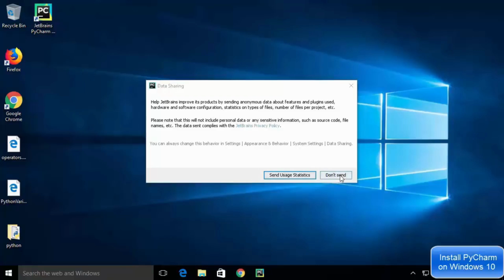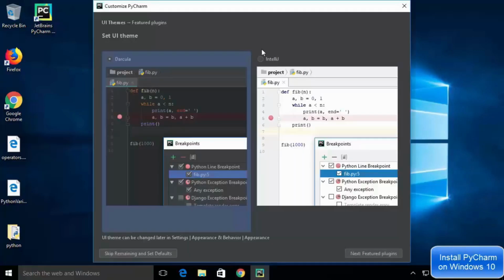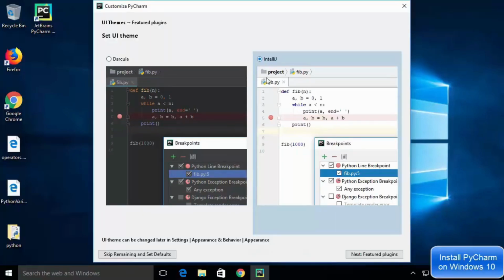So I'm going to just say don't send. And now you can see PyCharm IDE has been launched. So for the first time, it will ask you which UI theme you want to use. You want to use the Darcula, which is the dark theme, or the IntelliJ theme, which is the light theme. So I'm going to choose this light theme, which is IntelliJ theme, and then I'm going to just click on